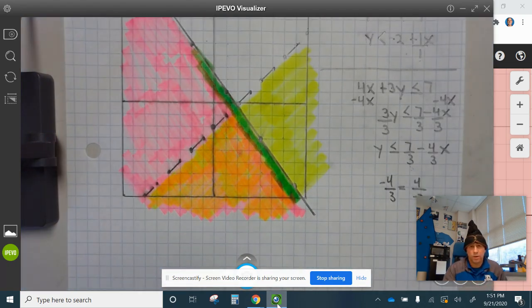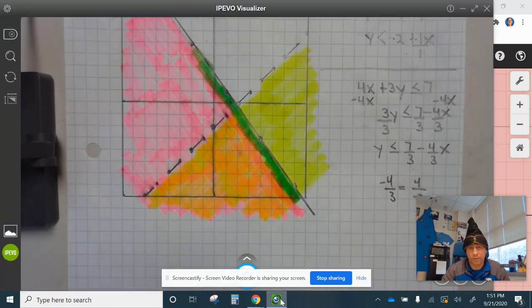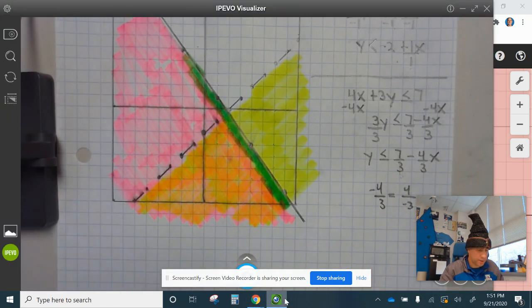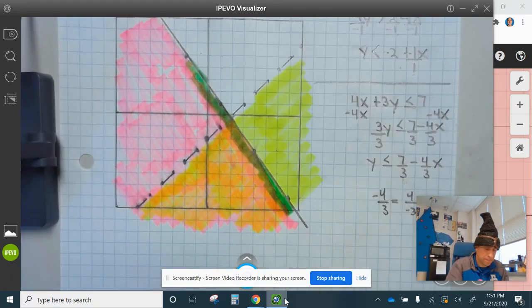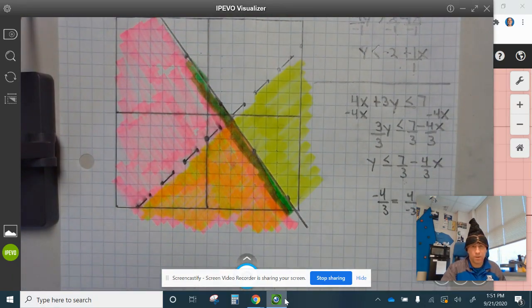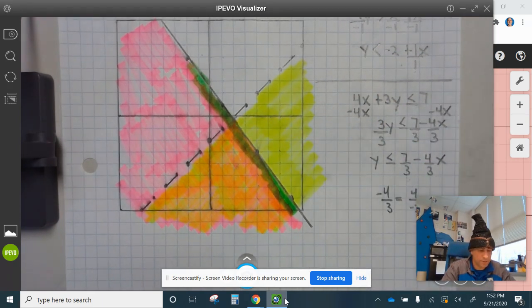All right. So let's go back to Desmos. Verify this and this. All right. So you kind of ignore that, and if you ever make mistakes,